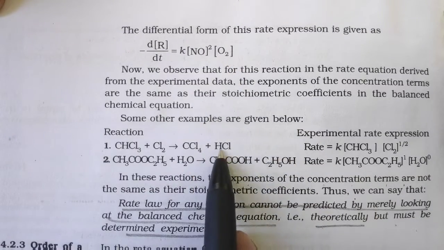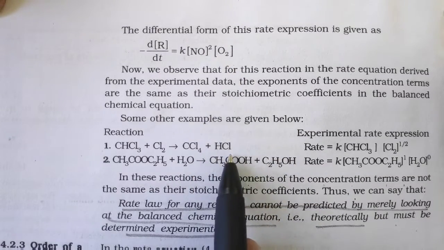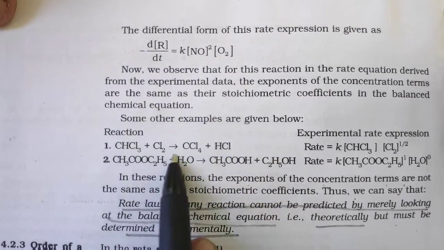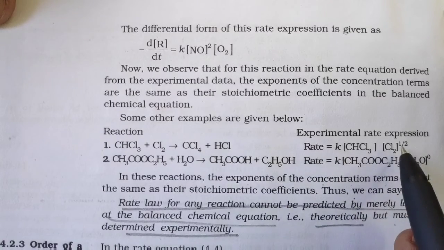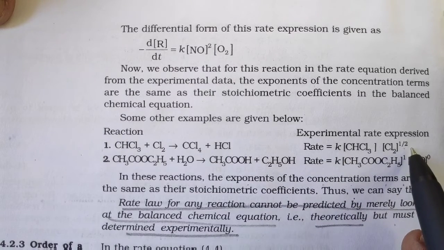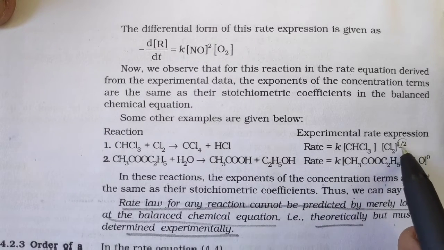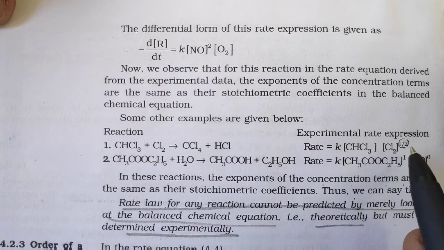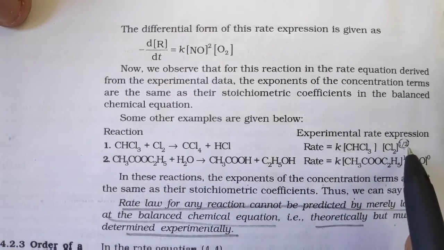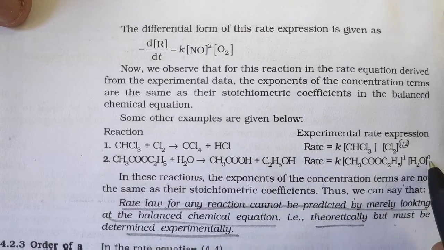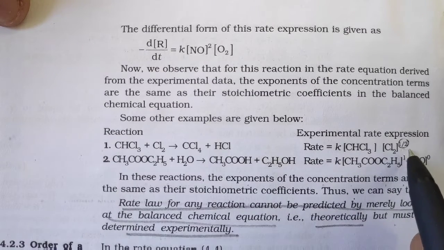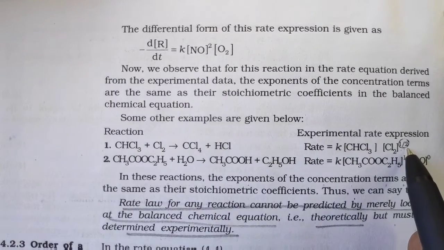Now you can see some more examples are given. These examples you can write down in your book. Here the reaction is given, and you can see it is raised to 1/2. Now what is the meaning of 1/2? I already said that this is determined experimentally. You do not have to remember this for every reaction. This will be given already. And this way also, here it is 0. So 0 order, this is first order, and here half, which is given as 0.5.